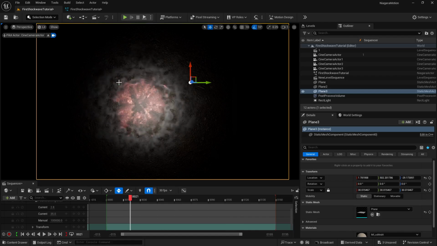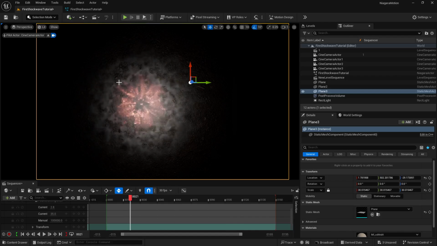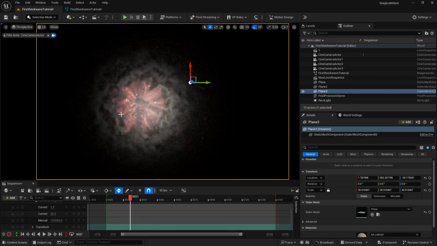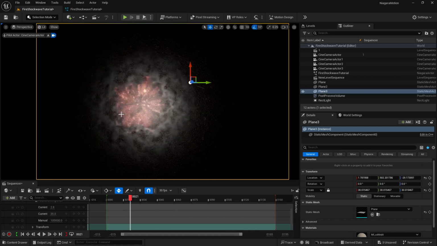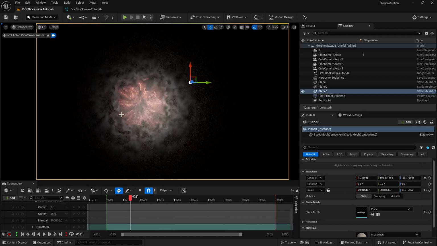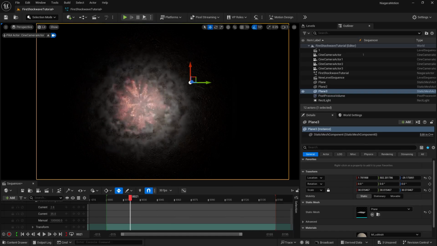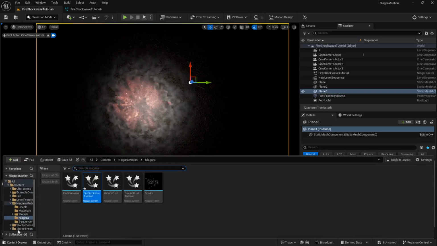Now what I'm going to do is show you my render sim that I have done here, because this is going to take a lot of time to cache out and to play with all the settings, plus I'm recording, so it's using the GPU as well. So let me show you what I have done. Let me open my level.